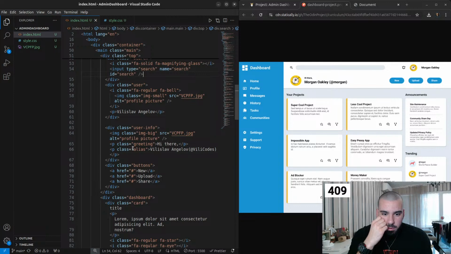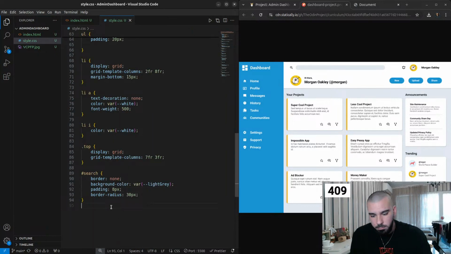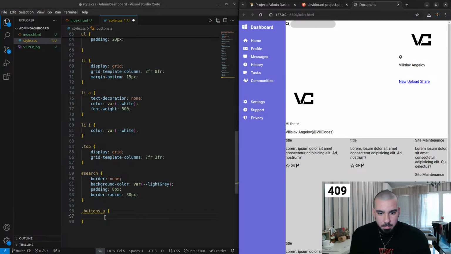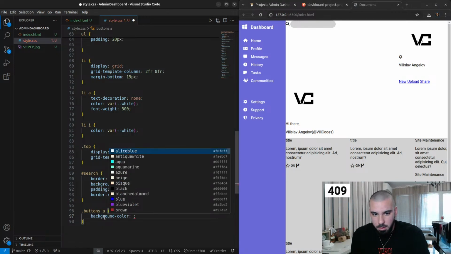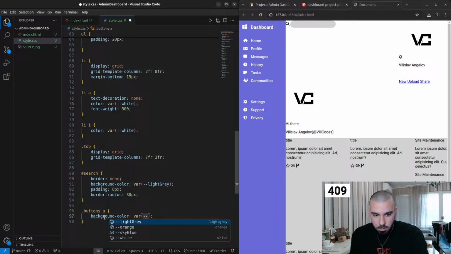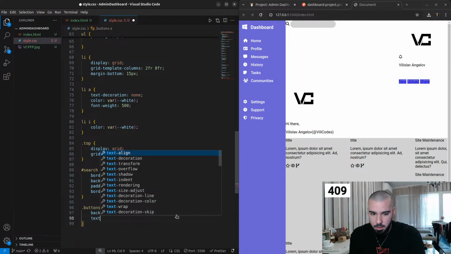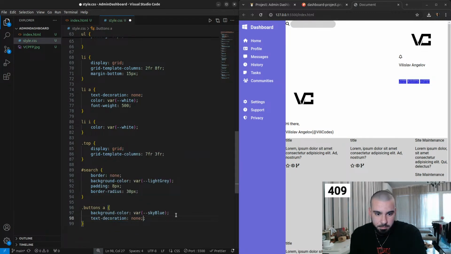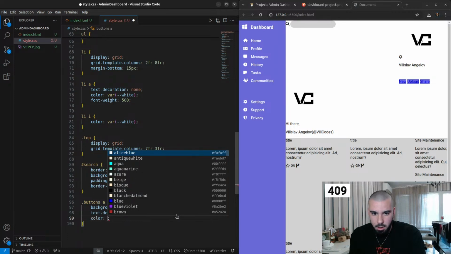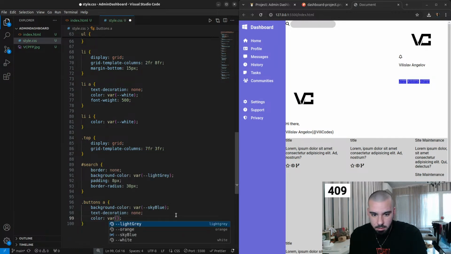This is one thing I want. So, dot buttons a tag, and we'll make them background color, and then do the var sky blue because they need to be consistent with the sidebar. We'll make them text decoration of none. We'll make it color var white,